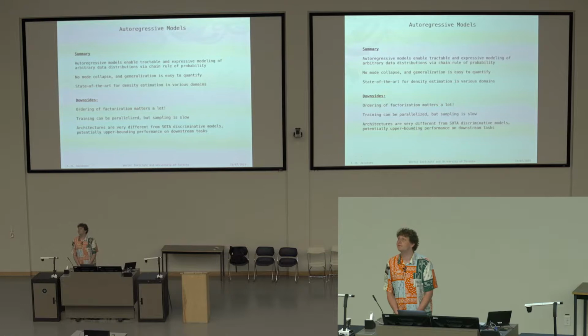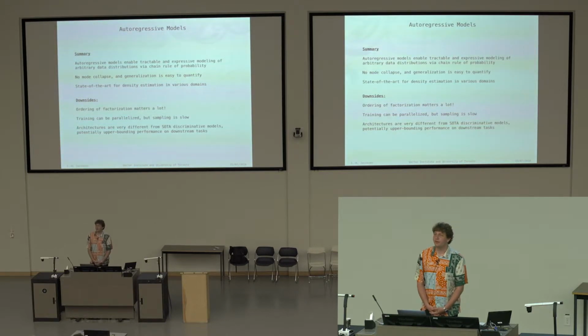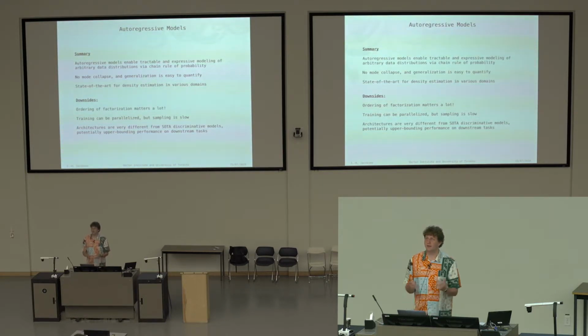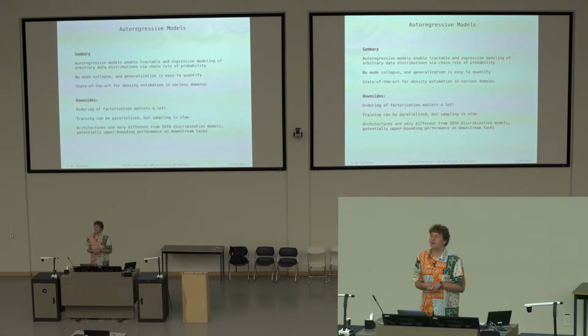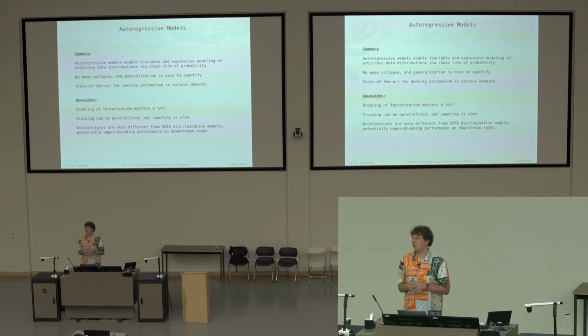Yep. One of those autoregressive models doesn't suffer from mode collapse. Right, because of the nature of the KL divergence. The objective makes you assign density to every point where you actually see data. So if you don't do that, you get penalized heavily. Whereas a GAN, for instance, doesn't get penalized if it doesn't model a certain data point. So it's really due to the nature of the KL divergence in the forward direction, right?